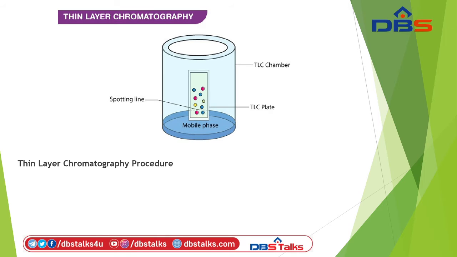Thin layer chromatography plates: ready-made plates are used, which are chemically inert and stable. The stationary phase is applied on its surface in the form of a thin layer. The stationary phase on the plates has a fine particle size and also has a uniform thickness.